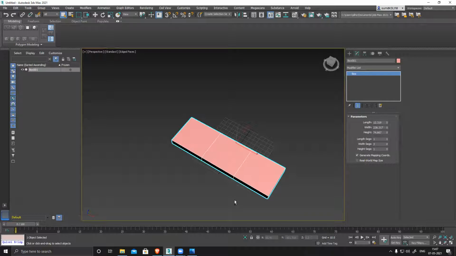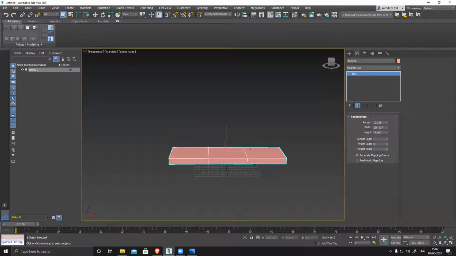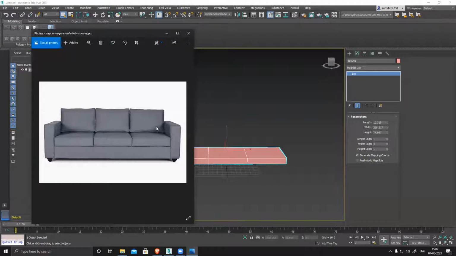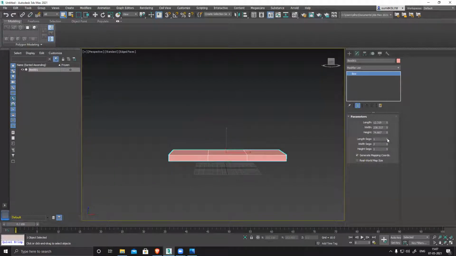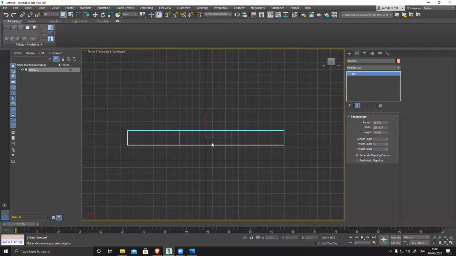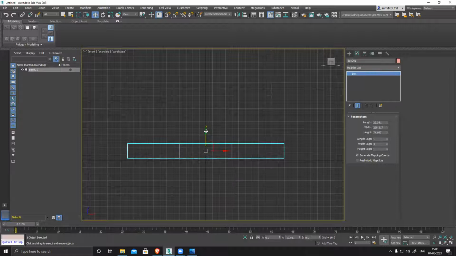Okay. Now we have this, and this can be our base. So let's create this base first. I feel this base is a little thick, so make it a little thick at the front, and then move it down. Keep a slight gap because we have those stands also.